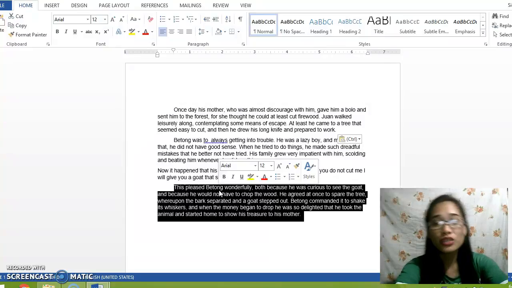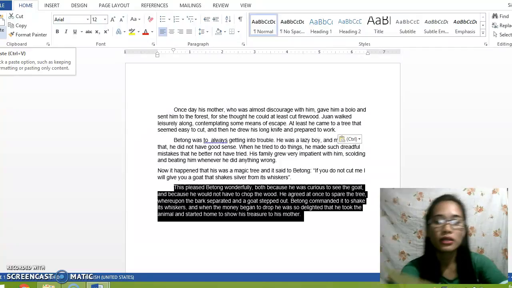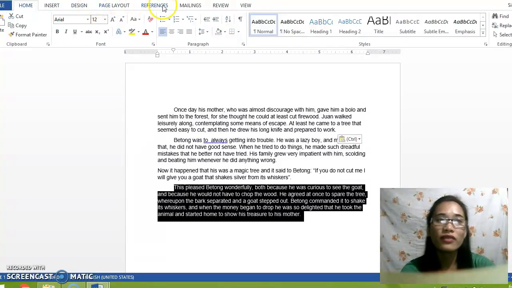Next, we need to cut the text. You could do that by pressing Delete, but that will permanently remove the text. We need to use the cut and paste commands up here in the Home tab. The words at the top are called tabs. So this is the tab: the Home, the Insert, Design, Page Layout, References, Mailings, Review, and View.